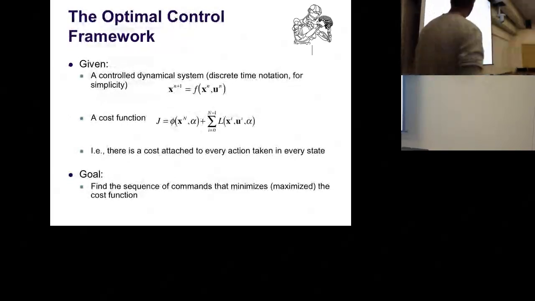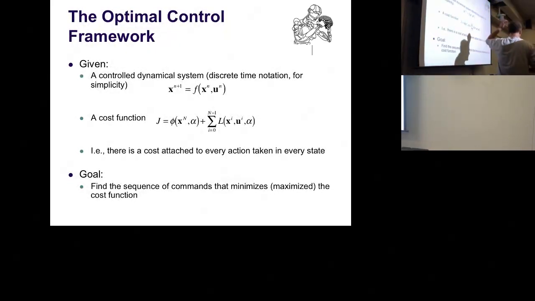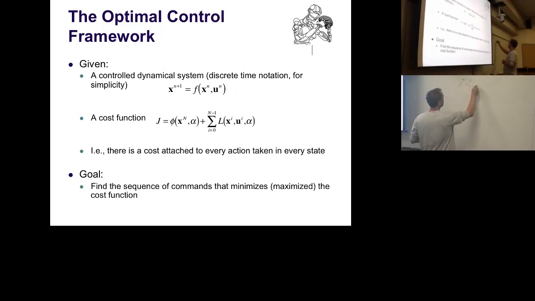How do we start with optimal control? I do this all in discrete time right now, not in continuous time, since it's nicer in discrete time. If I do it in continuous time, I have to work with some partial differential equations, which is more annoying. So we start with a discrete time dynamical system, which is just x_{n+1} = f(x_n, u_n). You can always get that out of your continuous time system. You need to discretize it on a computer anyway, so it's not a particularly big deal. And you have this very generic cost function.